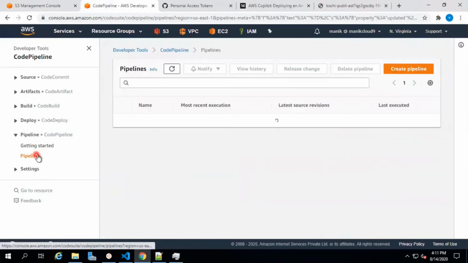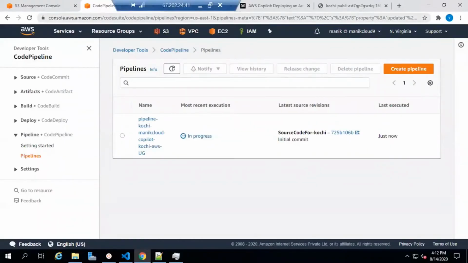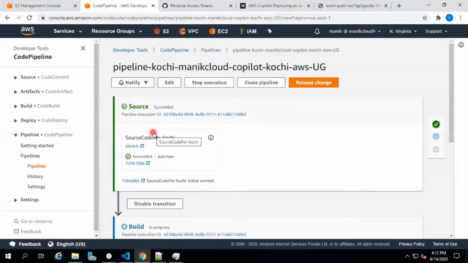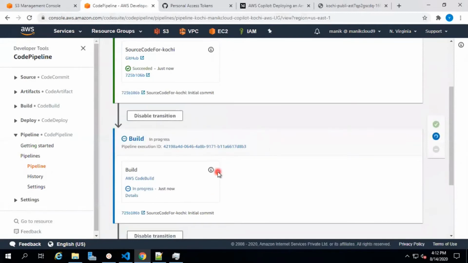We need to wait for a moment. Let me pause the video and get back once it is done. Now you can see the pipeline has been created and it is in progress. It is taking the files and folders from my GitHub and then it will build the Docker file. But this is going to fail, I'm pretty sure, because in my Git repository we do not have the buildspec